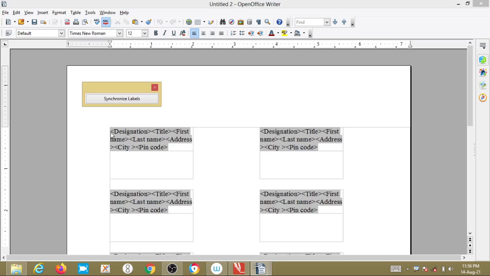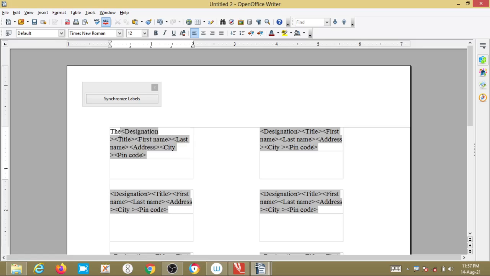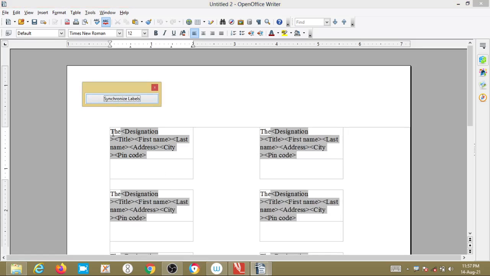For example, see here designation is there. In the designation, suppose I am writing here "the", okay, I have written here "the", we have added to the designation. If you click on the synchronized labels, that "the" is added to all other data, right. Here in all other labels it has appeared now, right. Okay, then